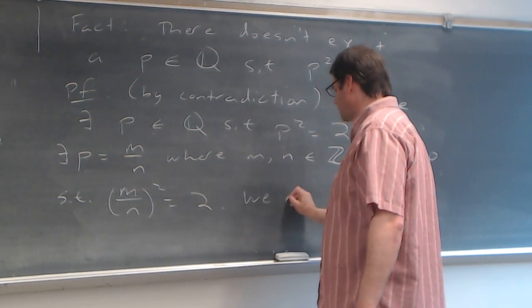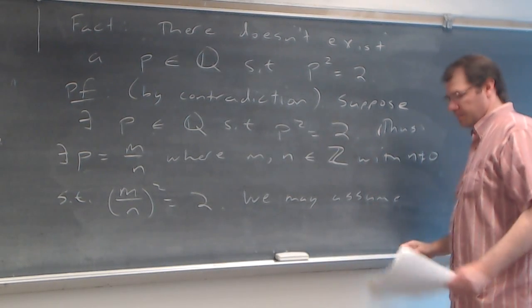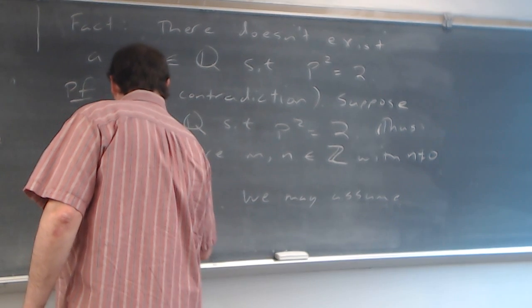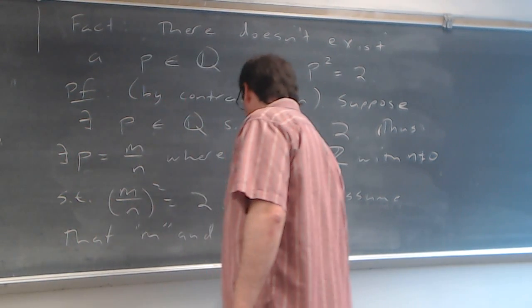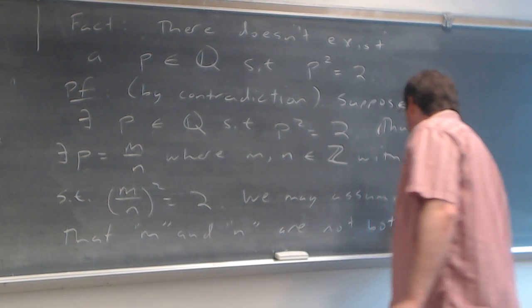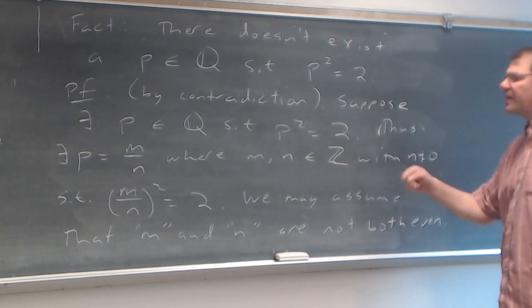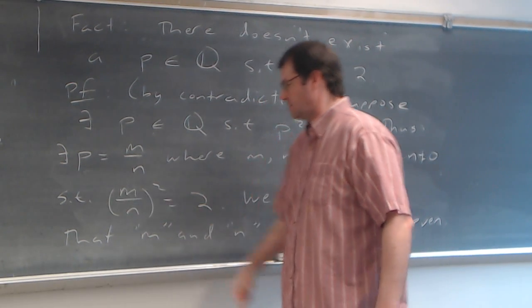And we may assume that m and n are not both even. For if they were even, we could reduce this fraction by factoring out a 2 and